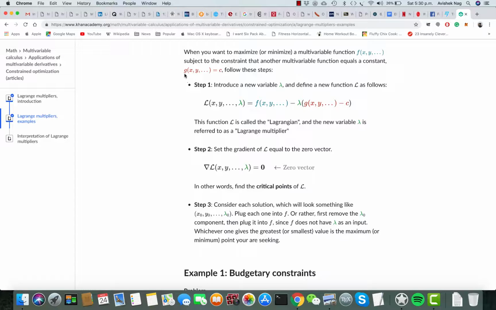So g is also a function of x, y, and so on, and g is equal to c, or let's say g is less than or equal to c, then you can write